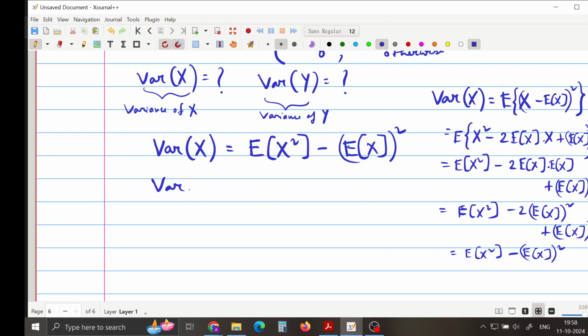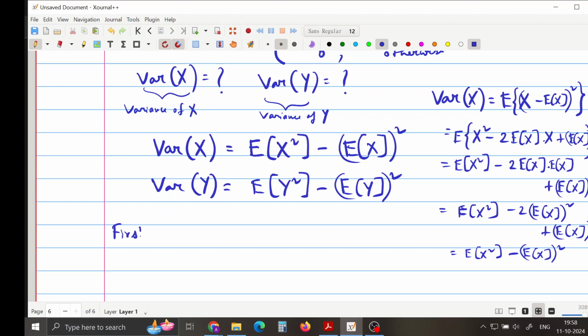And similarly, variance of y is expectation of y squared minus expectation of y squared. Mean of squared value minus mean value squared, right? Because expectation is nothing but mean. So mean squared value minus square of mean value, that gives me variance. Great. So in order to find these expectations, we have to first find, as I said, the marginal